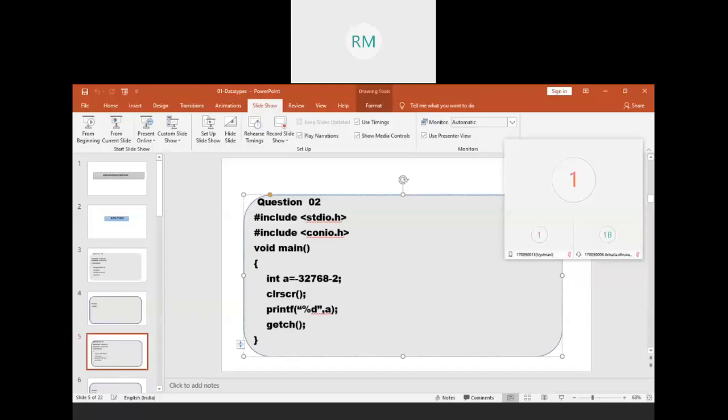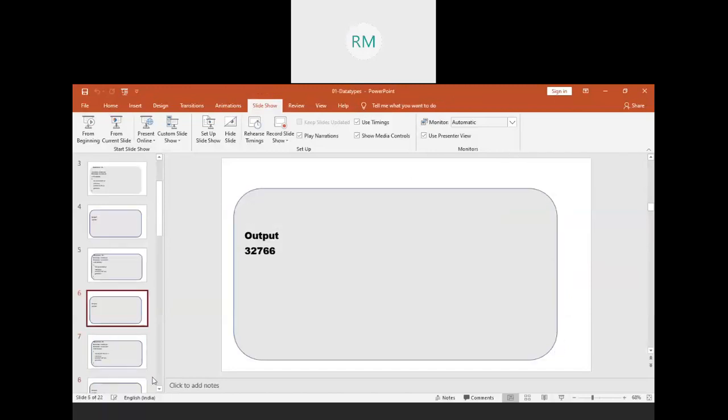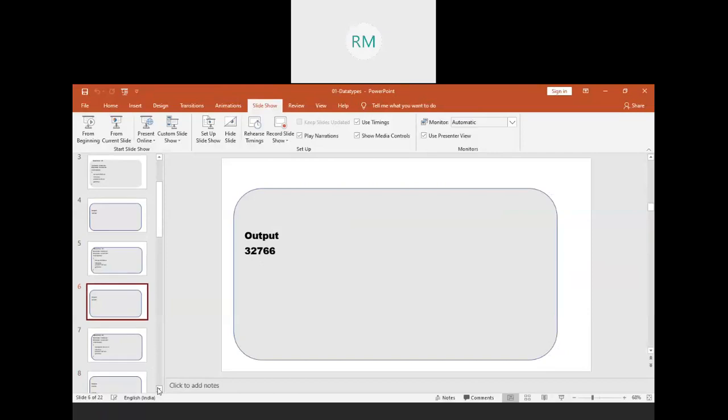So if it is a negative value, count in anti-clockwise direction. If it exceeds the range, then jump to the positive values, find the equivalent positive value and store that value. Okay. Yes. So that is the logic. Now using this particular logic, we will answer some more logical questions here. So next one, what will be the output?